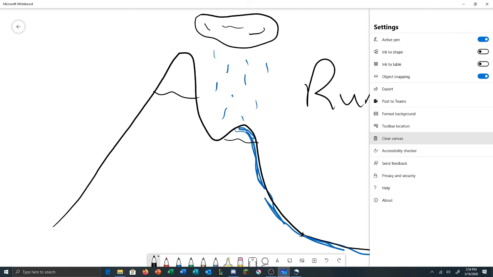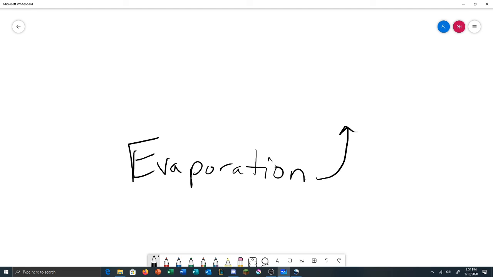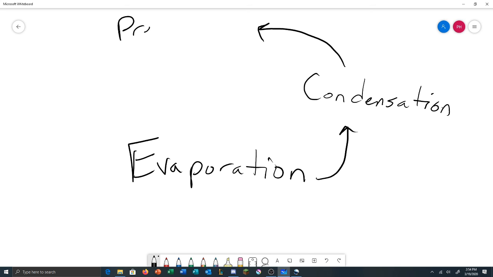So let's go over the different steps we just went over. The first step was evaporation. Evaporation starts to go up. All of the vapor goes up. Then you have condensation. Condensation starts to turn things into clouds. Then you have precipitation. Precipitation is the rain, the snow, the sleet, the hail, all falling back down. And finally, you have runoff,